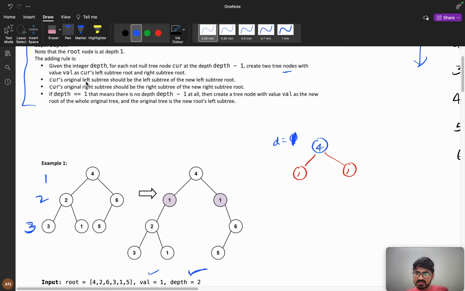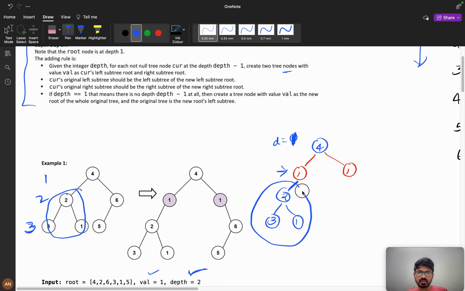Now current's original left subtree should be the left subtree of the new left subtree node. This is my new left subtree node, right? And it is saying current's original left subtree, so this is my original left subtree. This original left subtree should be the left tree of this new node, so it will be like 2, 3 and 1.